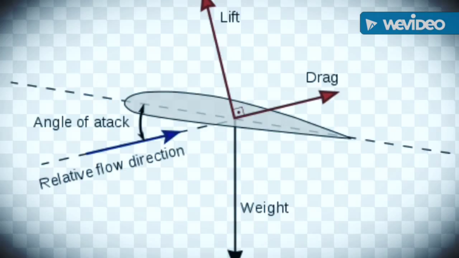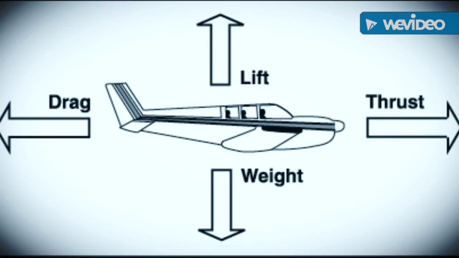The Frisbee itself creates this lift force as it flies through the air. Because of the Frisbee's curved shape, the airflow above it must travel at a higher velocity than that underneath, thereby creating low pressure above and high pressure below the disc. Under the Bernoulli principle, the difference in pressure causes the Frisbee to rise or lift.